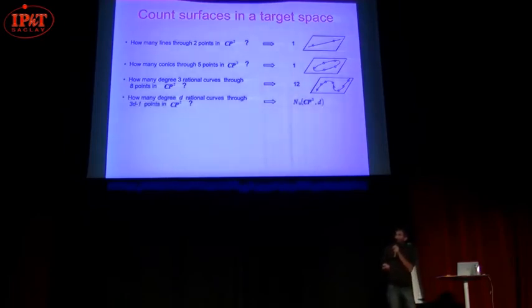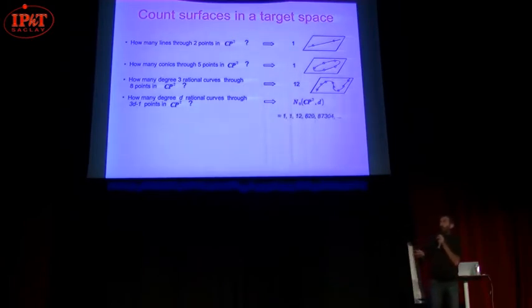So now you can ask how many degree D rational curves go through 3D minus 1 points. And these are the first few numbers. Let's call them N0 of CP2D. In fact, by rational curve here, I mean, in fact, a line is an equation of degree 1